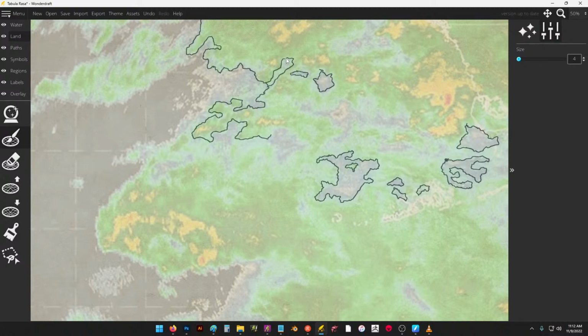Let's go ahead and we will erase some of that. It's down to 4. All right, let's go back to our land brush. Got a lot of lakes and other detailed stuff here. The green is going to be where our land is. And the blue